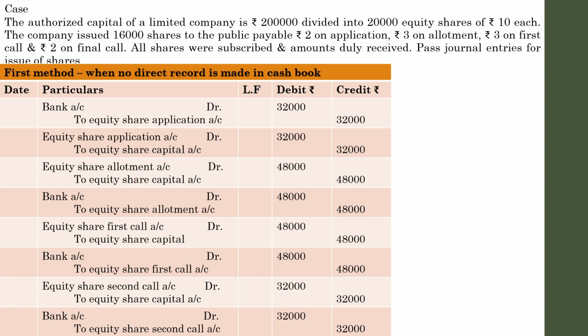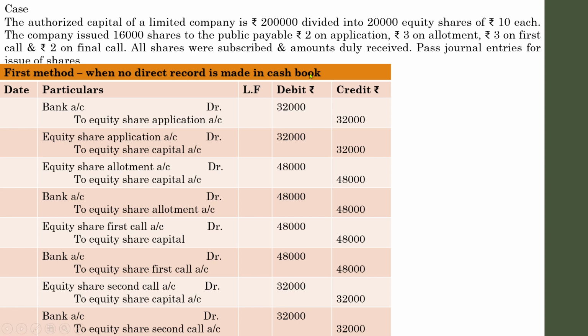other special cases. So these are the journal entries that usually come in a question if there are no special adjustments or cases mentioned in the question. So these are the common entries that have to be passed with regard to issue of shares. There are no other entries to be passed unless there are special cases mentioned in the question. So we have successfully completed the first method, that is writing down all the journal entries with regard to each of these transactions,